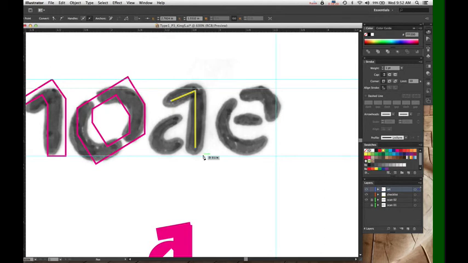So I've drawn the skeletal line for this stroke. I'm going to click outside and then click back on the pen tool to start a different shape. And I'm going to draw the bowl of our A, just the skeletal line.